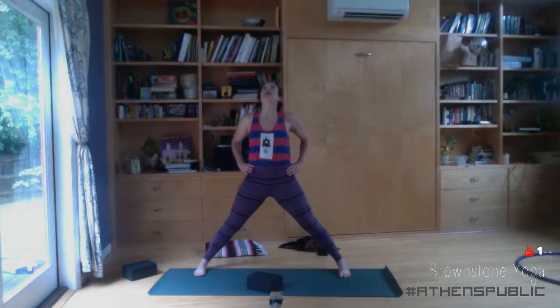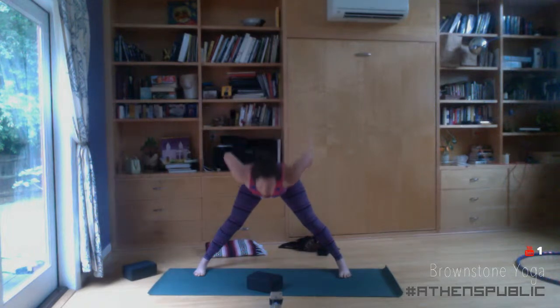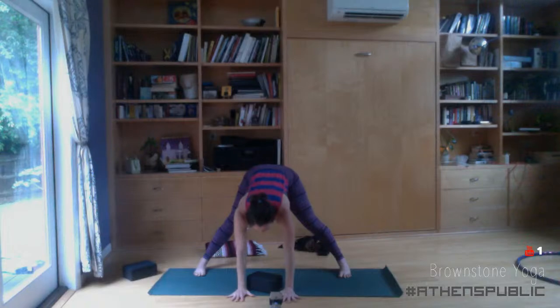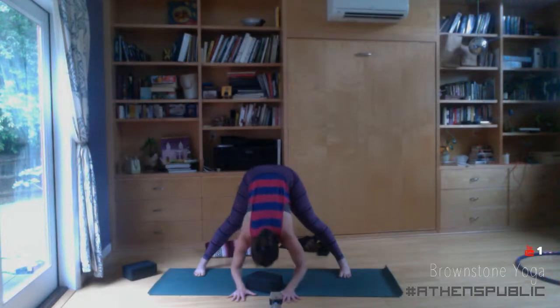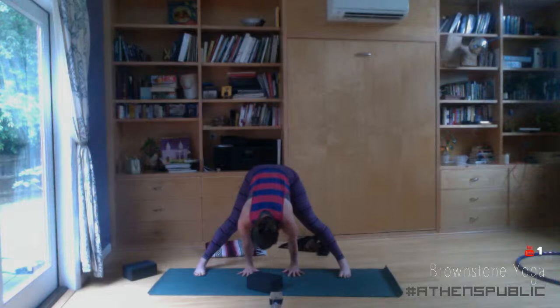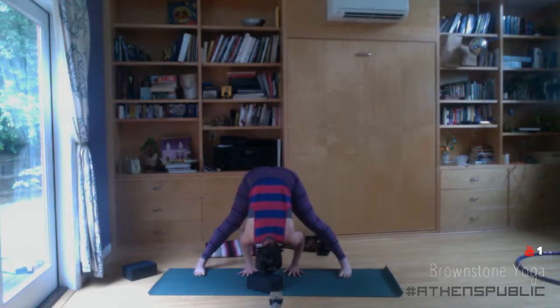and then exhale to hinge at your hips. Bring the length of your spine parallel to the floor. Plant your wrists below your shoulders. Shoulders away from the ears, chin and chest forward, kneecaps lift, thigh bones push back. Now exhale to fold in. Walk the hands back, keeping the fingertips pointing in the same direction as the toes, keeping the wrists and elbows shoulder width distance apart. Lengthen down through the crown of your head,